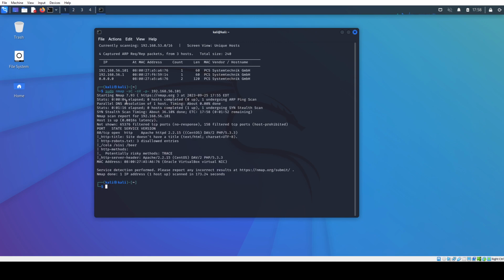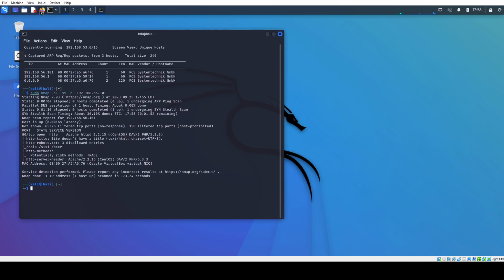This showed me a few things here. This shows me that there's only one open port, which is port 80, the default port for the service HTTP, and we're running the version of Apache HTTPD 2.2.15. So what I'm actually going to do, and the first thing I always do when I see a web server being run, is I open up a